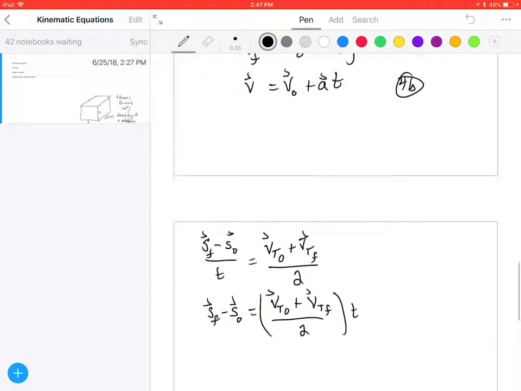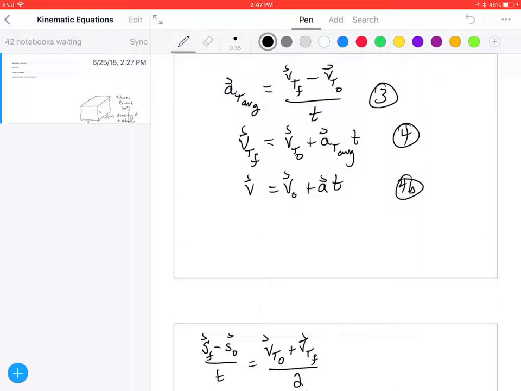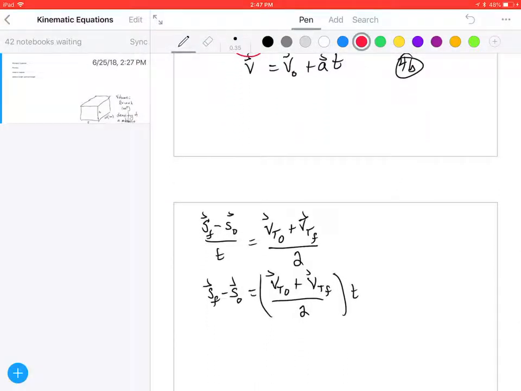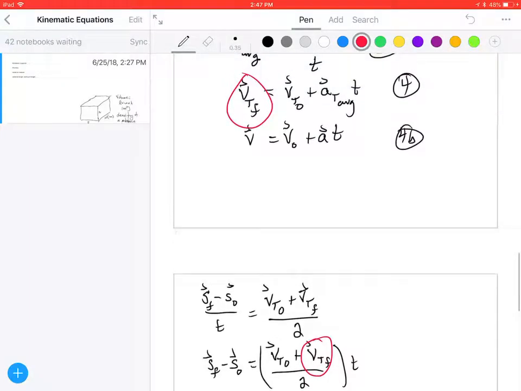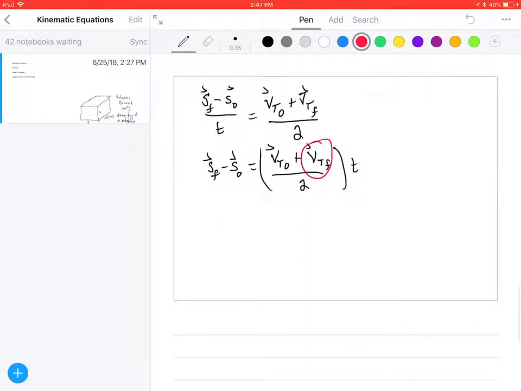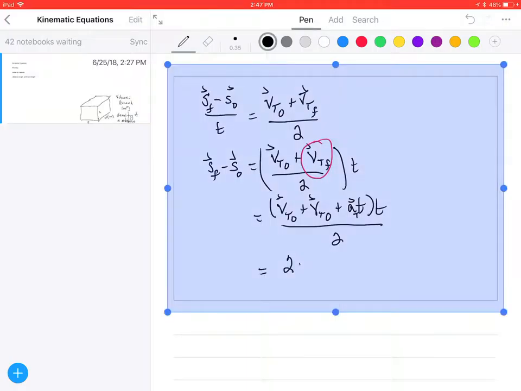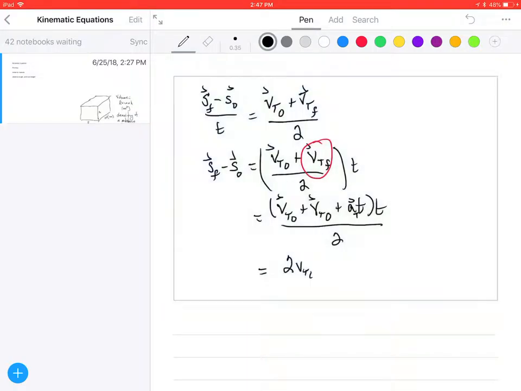Another thing that we can do is we can actually take equation number 4. We could substitute in for VTF. We'll place it right here. See that? I'm going to place it right there. So let's go ahead and do that. It's going to end up being VT initial plus VT initial plus AT, and this is still tangential, times T all over 2. And then this is going to equal to 2 VT initial